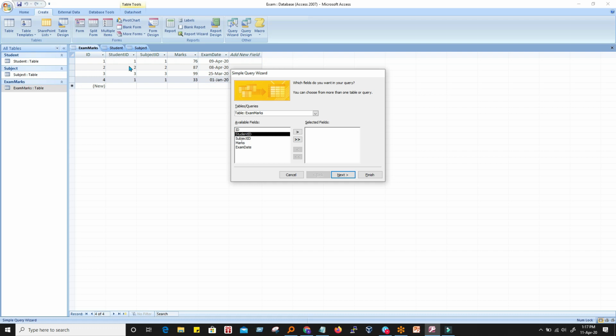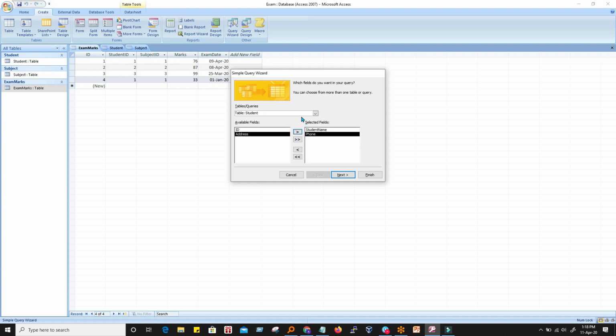Those are there in the student table. It is not there in this table. So using this student ID 1, that is a foreign key over here, I have to check the details of the student, like the name of the student, in my report, maybe in my query now. So I want to pick first of all the student name, so I pick it here. For now I am not interested in address, maybe I am interested in a phone number, so